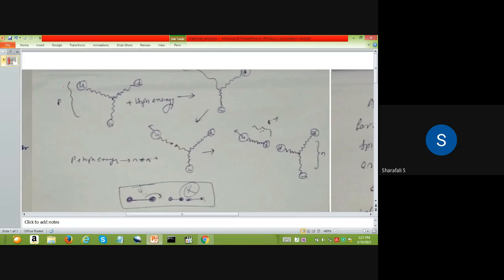You can see from here we are considering a proton. It's a baryon. We are considering a proton here. So I have one U here. This is a continuation of that. So this is the Feynman representation of the particles. This is again U. This is D. So this is the representation of a proton by using the quark model, and these quarks are interconnected with